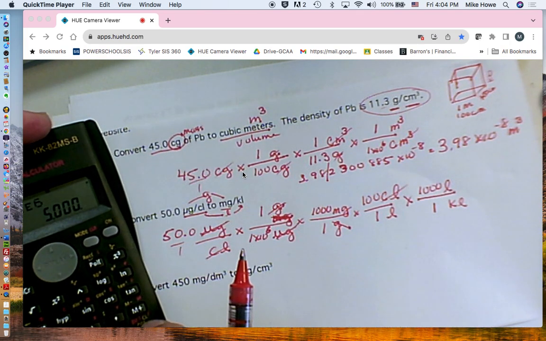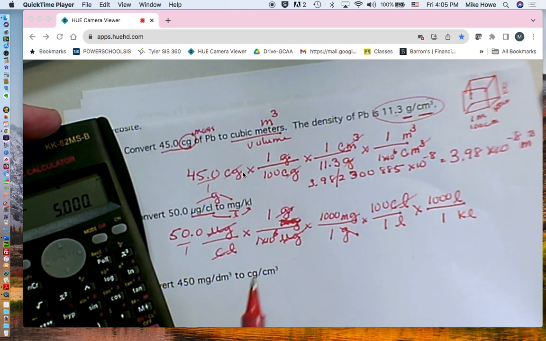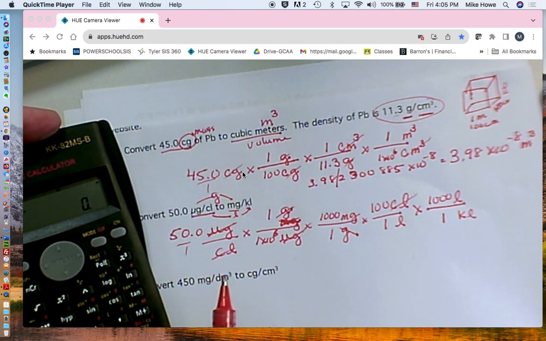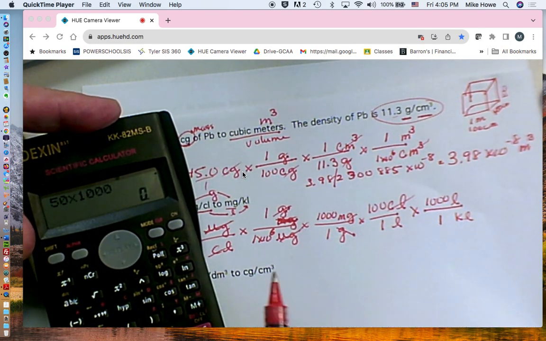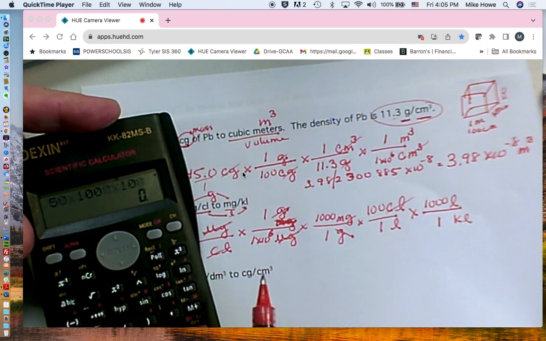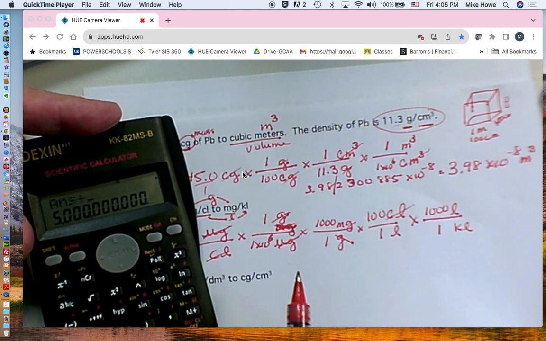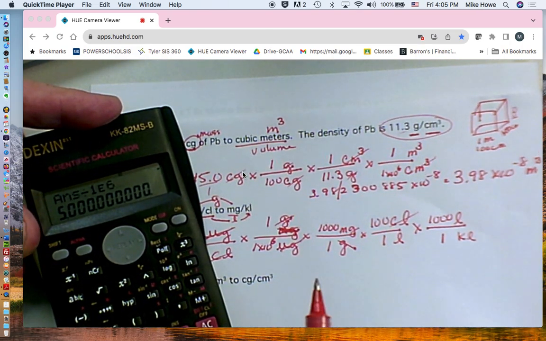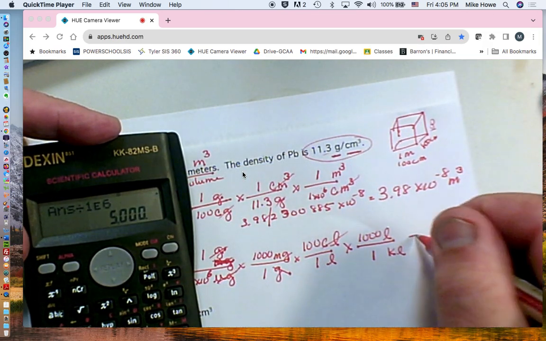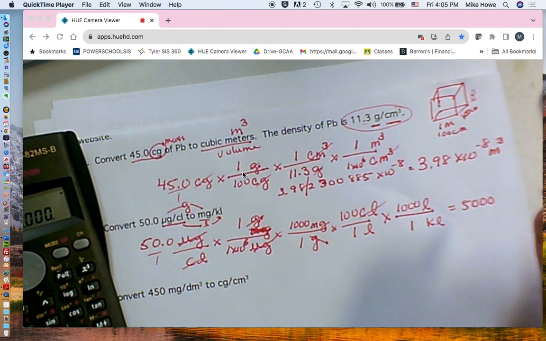Which doesn't sound right. Let's try that one more time. So 50 times, I'm realizing you can't see the screen, times 1,000 times 100 times 1,000, and then I'm going to divide by 1,000,000. Oh, that is right. That's 1,000,000. Okay, so 1 EXP 6. 5,000, right. So 5,000. However, when we think about significant figures, there's a problem with that because this number has